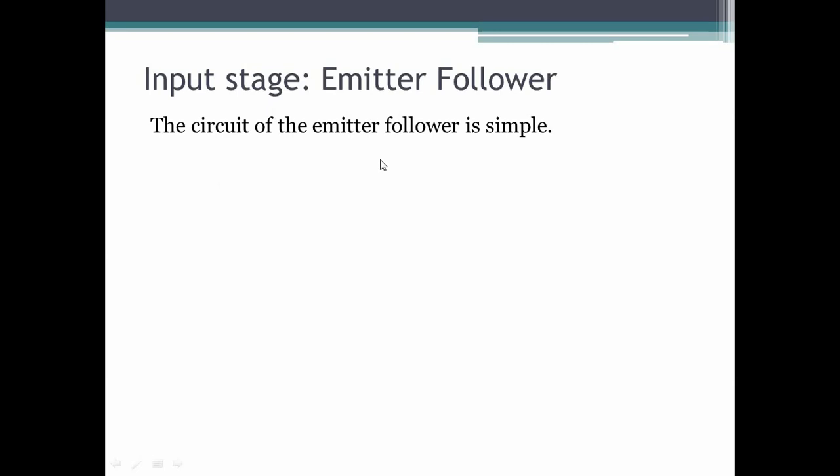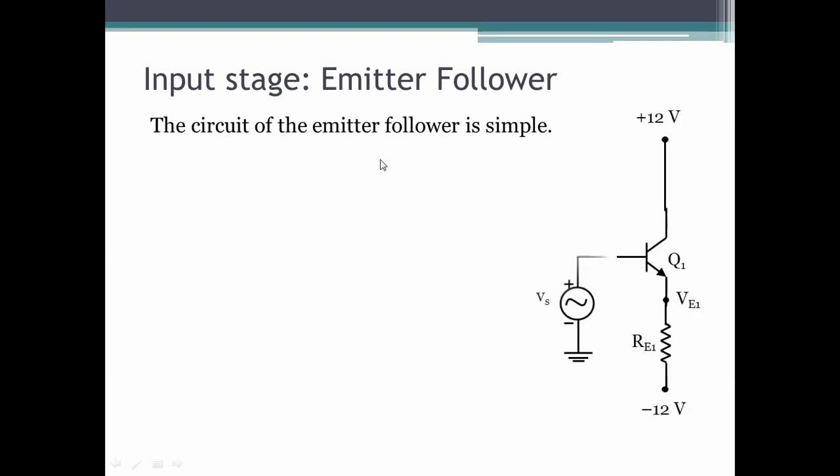And the emitter follower circuit is very simple here, because we are saying no need for R1, R2. This Vs is our input signal source, and of course, as usual, we are assuming that the DC value of the input signal source is 0. So the DC voltage at the base node is 0. And this is a very simple circuit. Remember that the emitter follower does not need a collector resistance. So there's only one resistance, so we just have to find this resistance. And then we have designed this stage. So let's find this resistance,